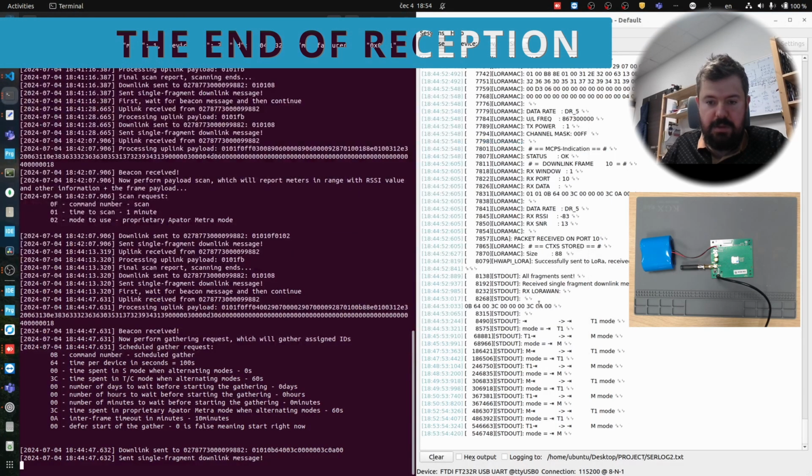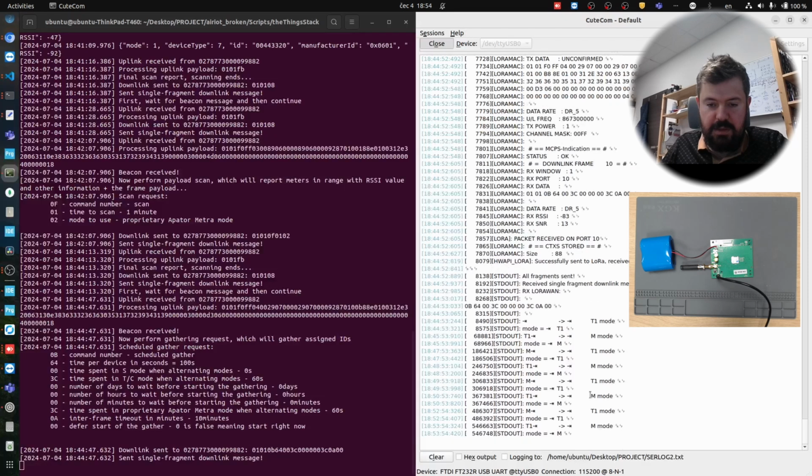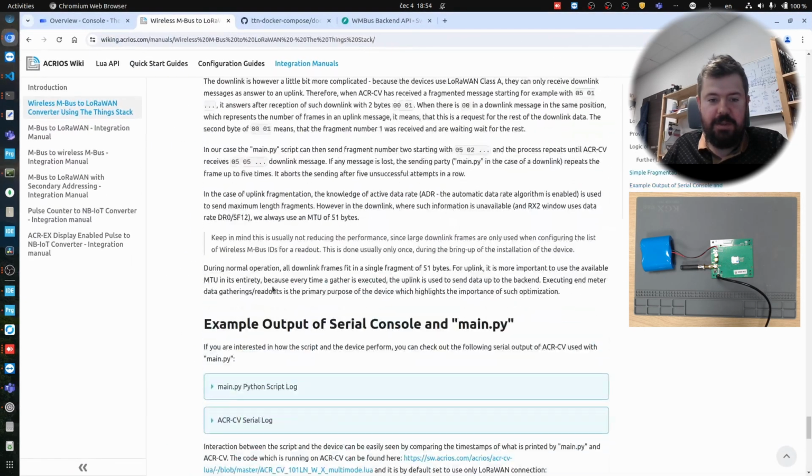Let's check this one. Okay, still receiving. It will be 10 minutes and we didn't receive anything. So it looks like it's Friday, 7 p.m. Maybe the devices are already off. Most of the devices we encounter, or a lot of them at least, transmit from Monday to Friday, and they stop approximately at 6. So maybe this is not the best time to record this video, but we can always check the printout here,